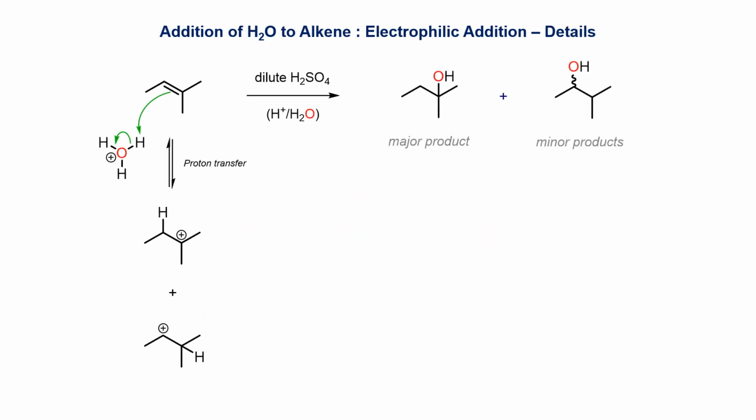The first step, the formation of the carbocation, is rate-determining. Here, proton transfer may occur at either carbon and at either face of the alkene to produce the 6-electron tertiary and secondary carbocations. The tertiary pathway will be preferred due to significant electron donation from the 9 adjacent beta bonds in the form of hyperconjugation. This selectivity is referred to as Markovnikov addition, in which the major product will arise via the more stabilized carbocation